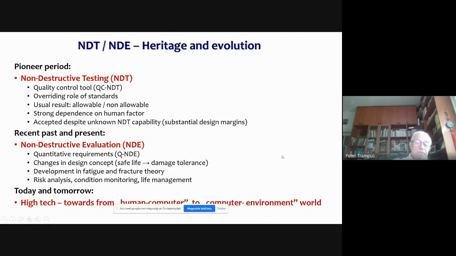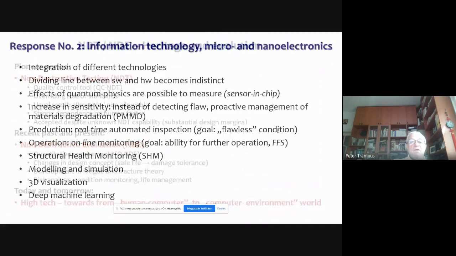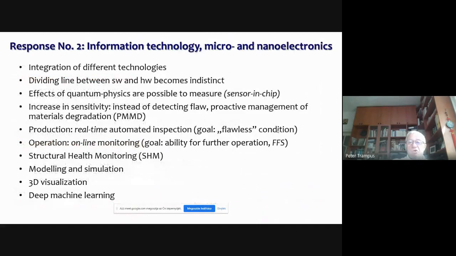And now today, tomorrow, in the future, we move to the high tech, from the human computer to the computer environment world. Information technology, micro nanoelectronics, without details. What happens in the world? Extreme rapid development.